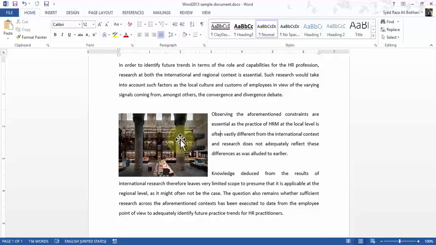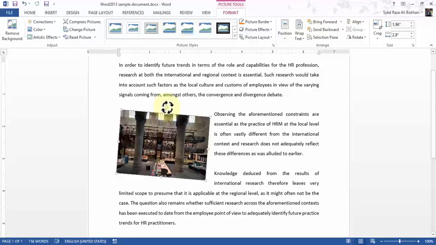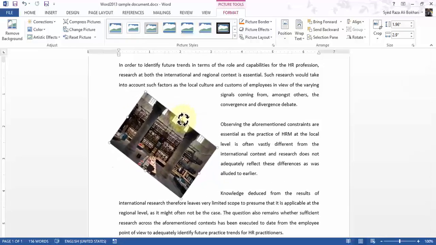Let me next show you how to rotate a picture. So if I double click on the picture, notice on the top here there's a circle, sort of like a half completed circle shows up, and this allows me to rotate a picture. So if I click and hold my mouse button, simply drag, and notice my picture is going to be